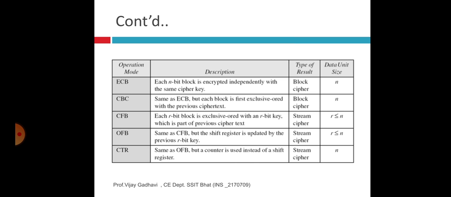Then OFB mode is the same as CFB, but the shift register is updated by the previous r-bit key. We get a stream cipher, with data size r less than or equal to n. Then CTR is the same as OFB, but a counter is used instead of the shift register. Result is a stream cipher and data unit size is n.